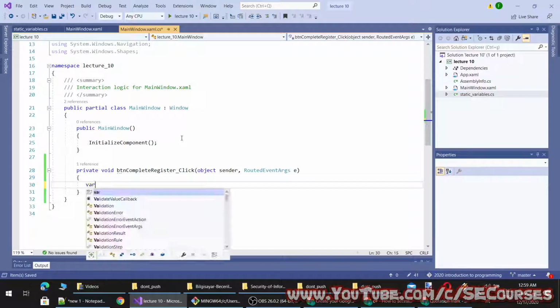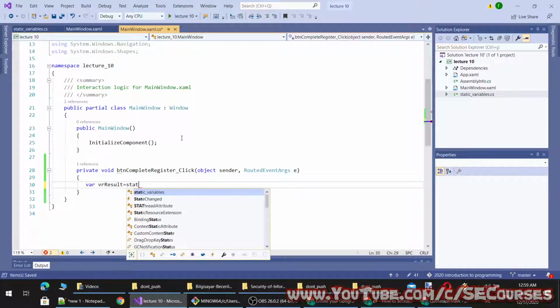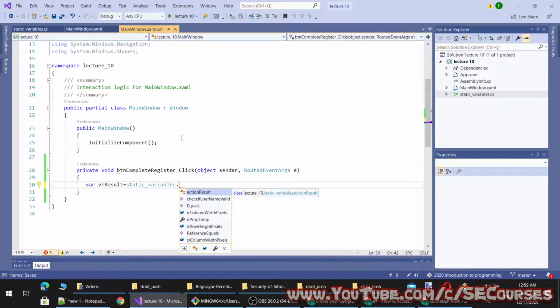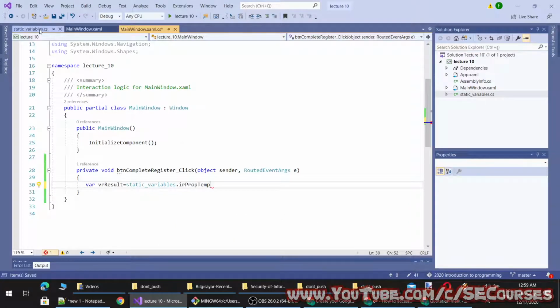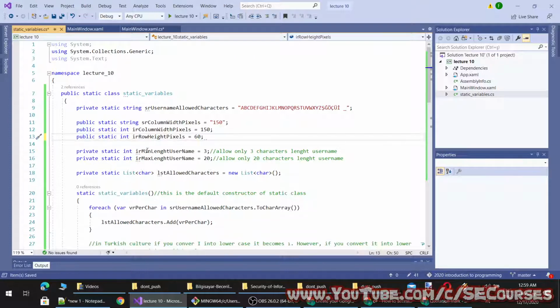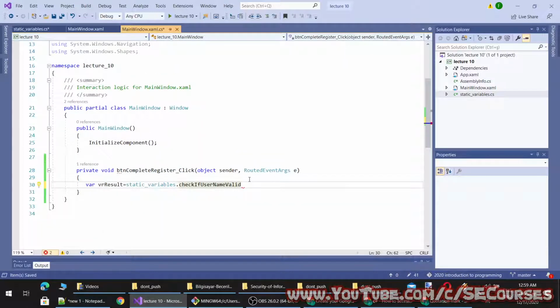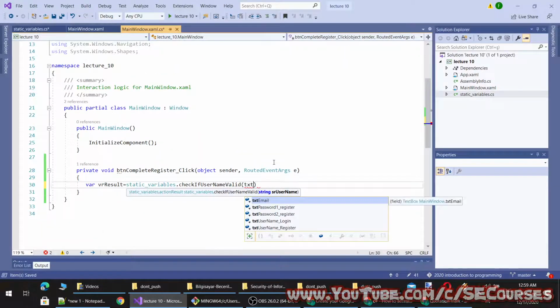And var equal to static variables, and you see action result is a public type because that way I can access it. And I will remove this prop because we didn't use it, and I am going to use this method, and I will provide txt username register.